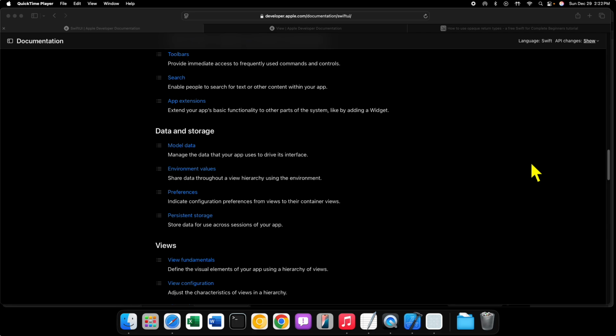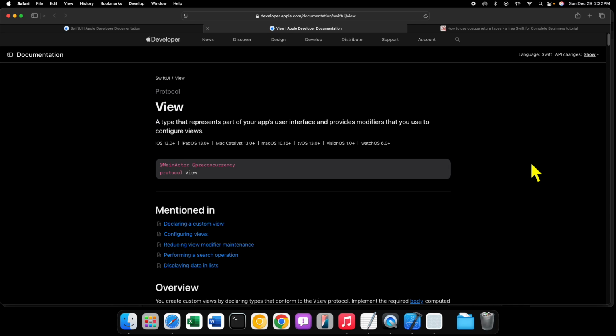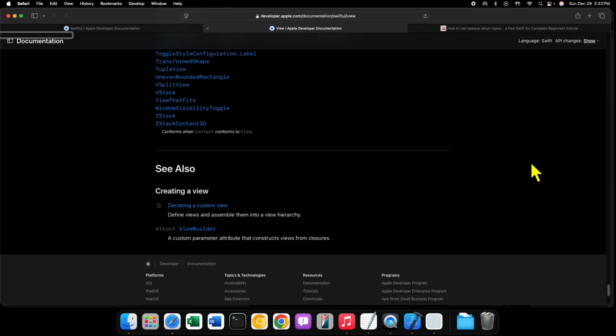So, now that we know kind of what SwiftUI is, what are some of the things that we should know about SwiftUI and how we build views with it to make our transition here a little bit easier? Well, the first thing is the View protocol. So the View protocol is the building block for all views in SwiftUI. If we go down to the bottom of the View protocol's documentation,